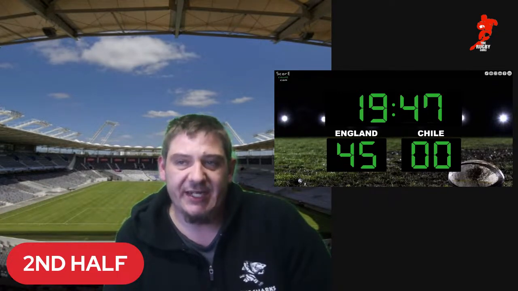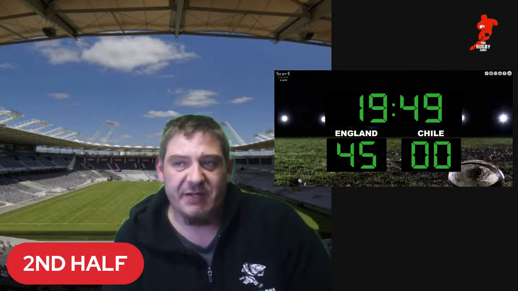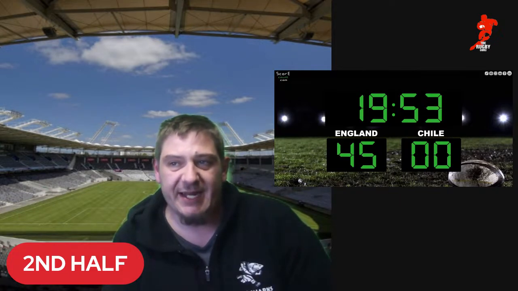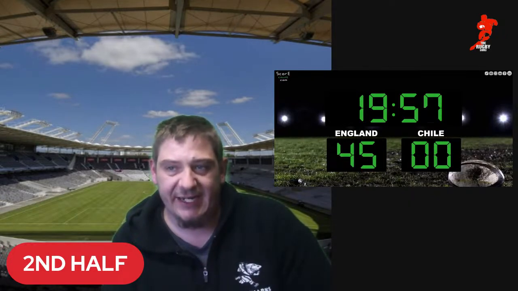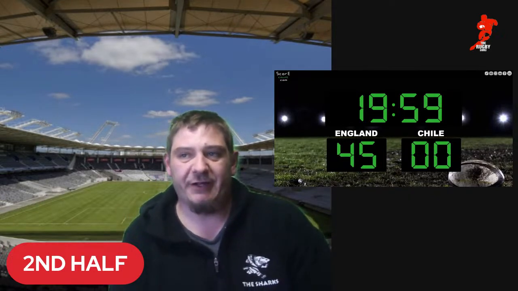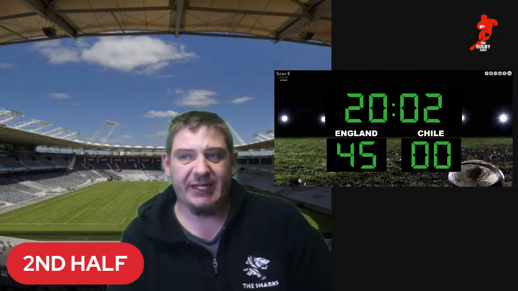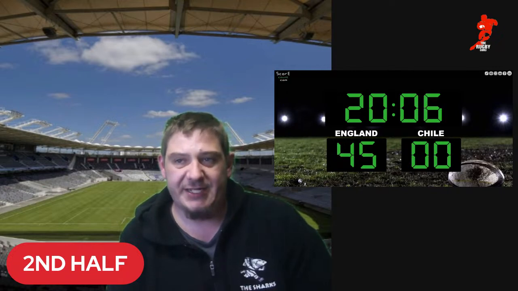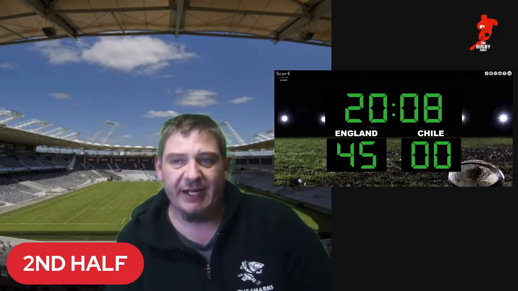Vidal going with the box kick over the top. Marcus Smith underneath it, and now from his own 10-meter line, gets it out to Max Mullins. Max Mullins cuts back on the inside, up over the 10-meter line. He goes right in the middle of the field. George Martin, White, they go again. Was that ball knocked on? No, says the referee, gone backwards on the 10-meter line of England.